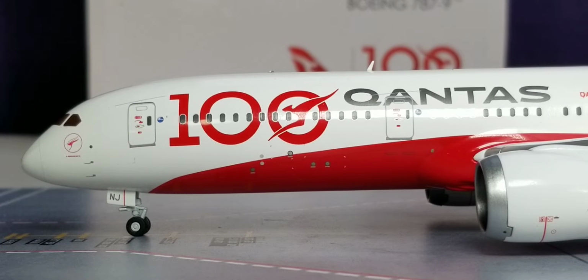And this aircraft was given the name Longreach, in which Qantas decided to pay homage to this particular Queensland town that played a significant role that was integral to the national carrier's beginning, as well as its role in conquering the tyranny of distance, as well as the Longreach series of retiring the Boeing 747-400 jumbo jetliner aircraft, as Longreach is actually the city where Qantas officially commenced operations back in March 1921,